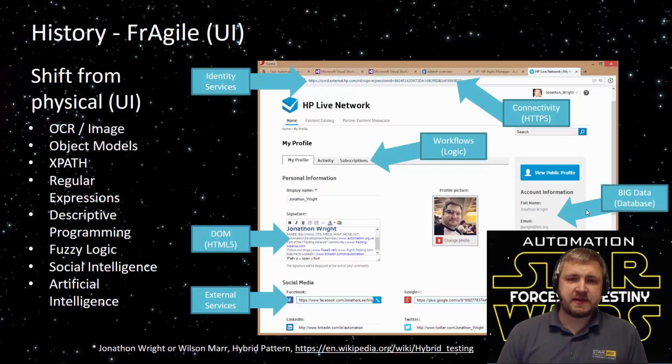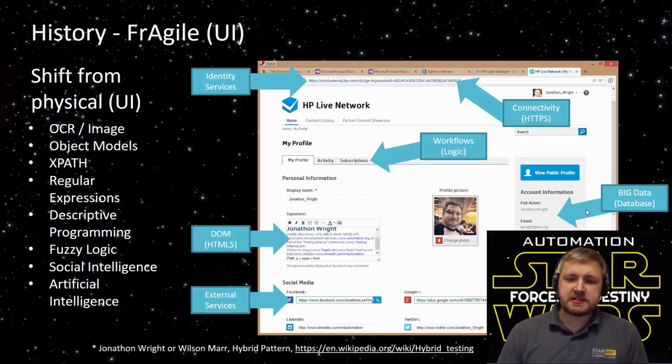Now that's great, and I understand the value in what that brings to you from an acceleration point of view. However, even within a standard fragile UI, there are so many dynamic components which are much more difficult to deal with, including multiple containers and XPath locations which dynamically change. Using descriptive programming, fuzzy logic, and regular expressions, we can solve these problems.